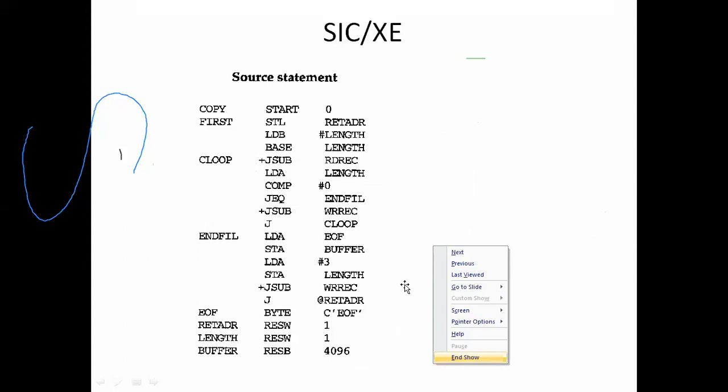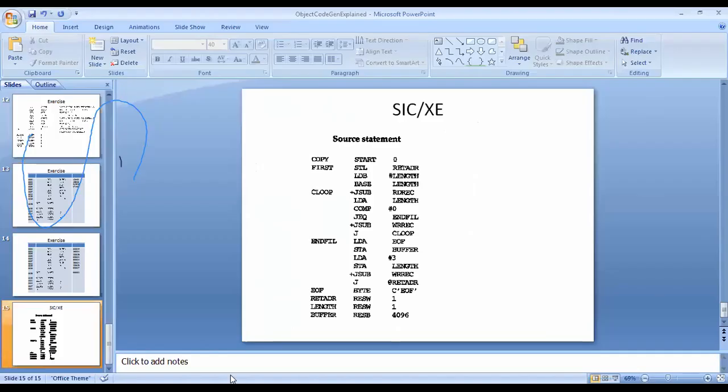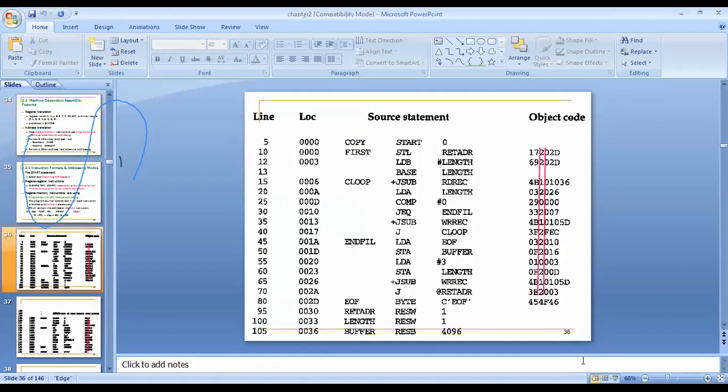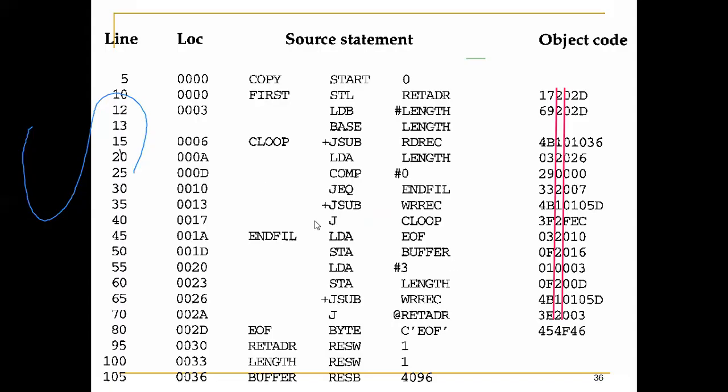Okay, so I'll show you that address assignment. See here. So this is what we have done, right? Started with 0, just forget about this line. It's not required. So started with 0.